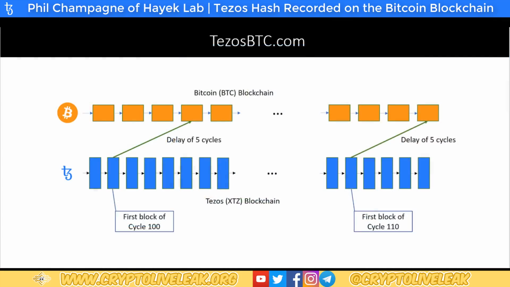The website tezosbtc.com will be publishing basically the information, and I should have posted that. Maybe you'll have a screenshot of that. The point is, once the first block of cycle 100, after a delay of 5 cycles, to make sure there's no forks or anything like that, that it's stable enough. That 5 cycle figure is actually a suggestion from Arthur. And then from there, I'll record it in the Bitcoin blockchain through a transaction, and then wait for about a month, because every 10 cycles is roughly 30 days, roughly.